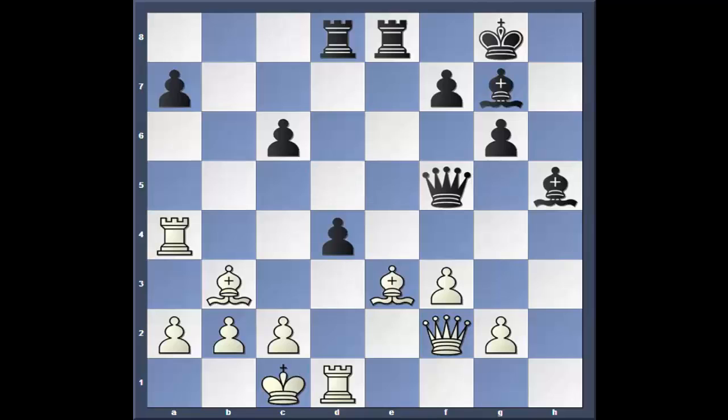d4. Bishop comes back. g5. Excellent move there. Excellent move. I remember watching the commentary. If you go to the Chess Club, the Scholastic Center of St. Louis